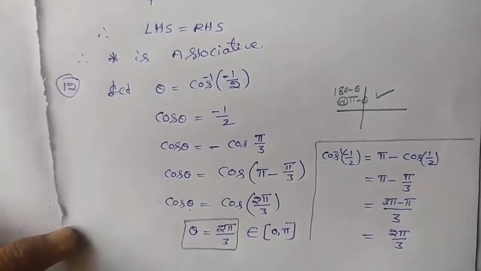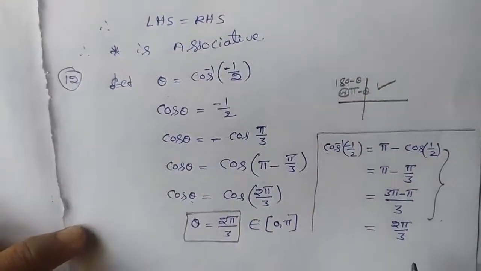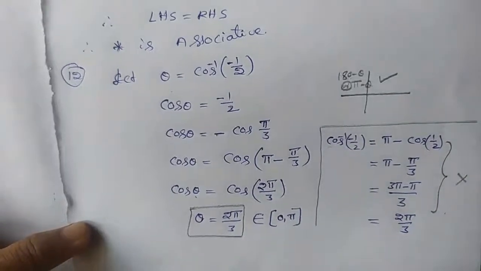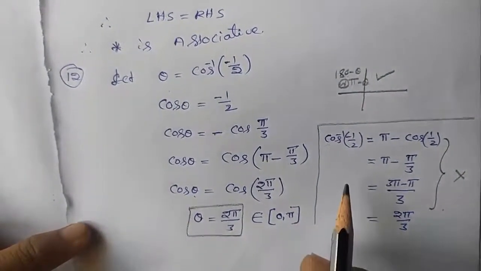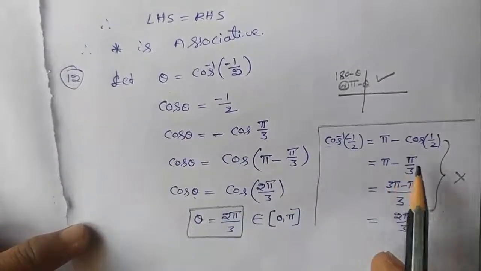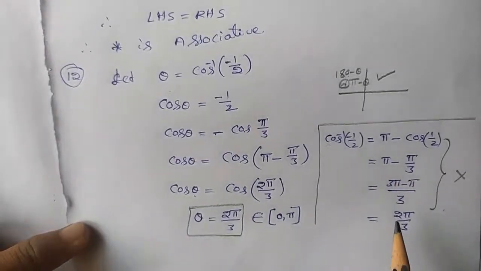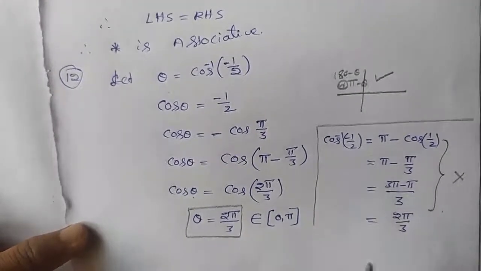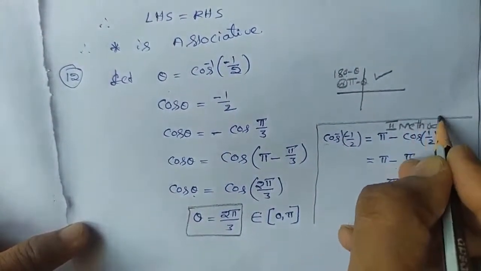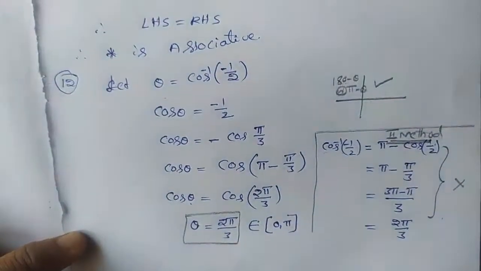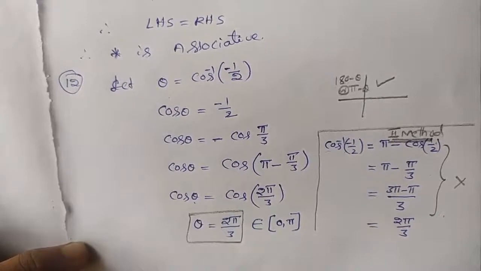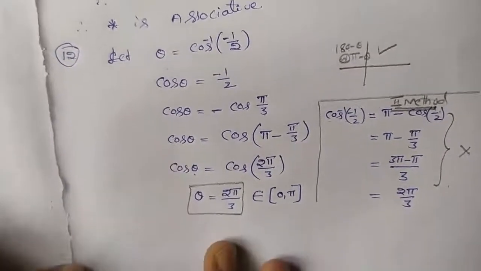That's it. It is by using properties of inverse trigonometric functions. This portion is deleted from your syllabus, so I solved this question in this method. If you want, you can carry on with this solution. It is a second method for this question. Hence, it is the solution for the 12th question. Next, see the 13th question.